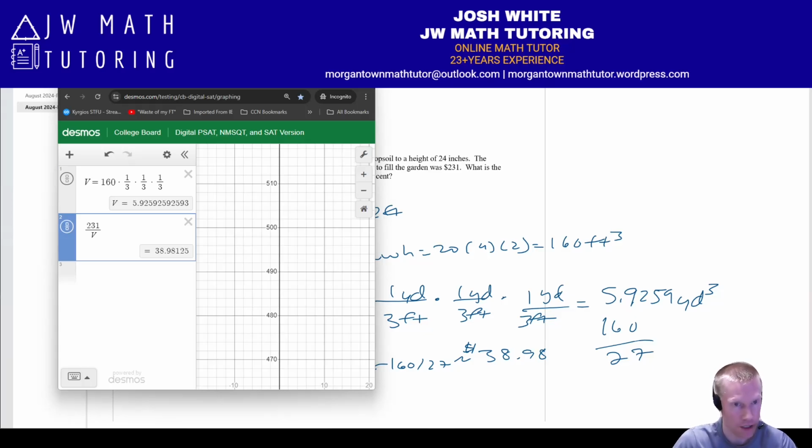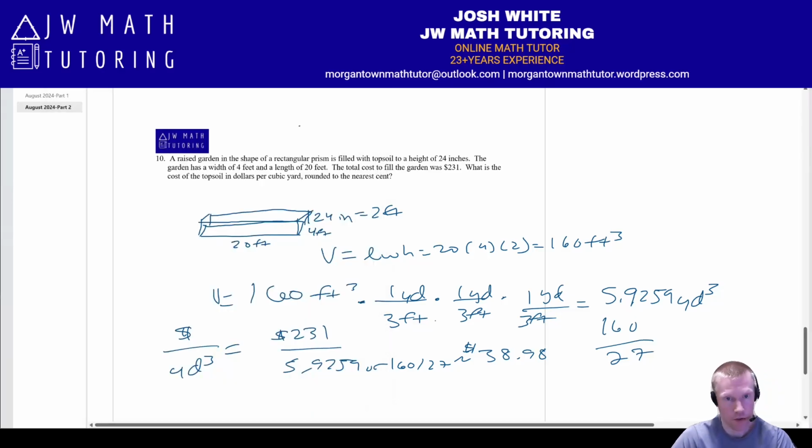If you type it out as just 5.9259 and so on, you could end up getting it slightly wrong. The rounding may not work out to be the same, but when I define it as V, it's using the exact value. It's not rounding it at all. And of course, you could also put 160 over 27 and do it that way and get the same answer. But the correct answer for this one is just going to be